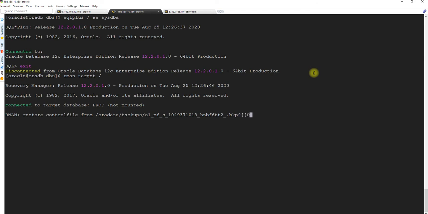Oh, I needed to put the quotes, right? I forgot to put. So you will see that the restoration will happen as per the parameter in the init file we actually mentioned, right? The two locations. So it will happen there.